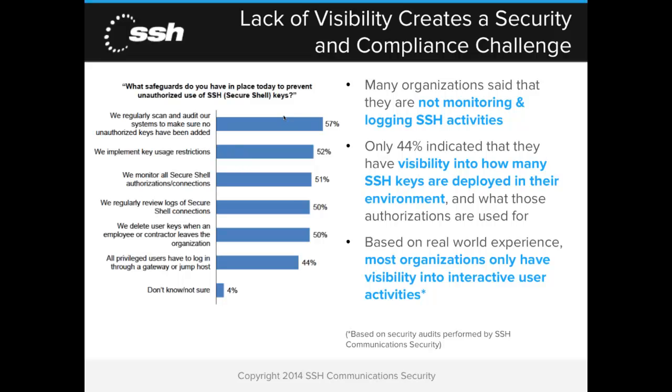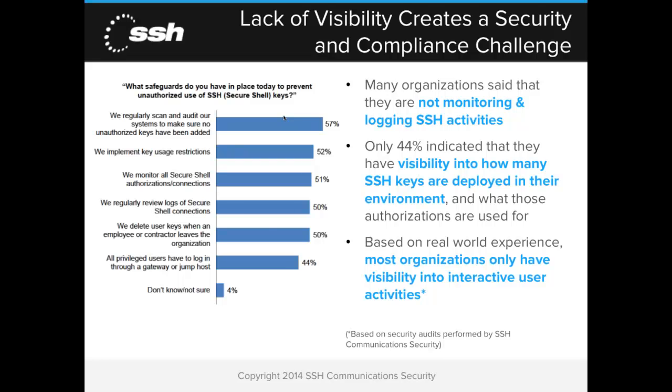So this gives us a pretty good idea that a lot of organizations are indicating that they don't have something in place, and in many cases we find when they do have something in place, it's only a partial solution. Most organizations are simply not monitoring and logging SSH activities, whether that's the access control component through the creation of keys or through the actual uses of SSH and the in-network traffic that's transacting your environment. Based on our experience, in addition to what Forrester found, most organizations only have visibility into interactive users, and they don't have visibility into machine-to-machine communications.